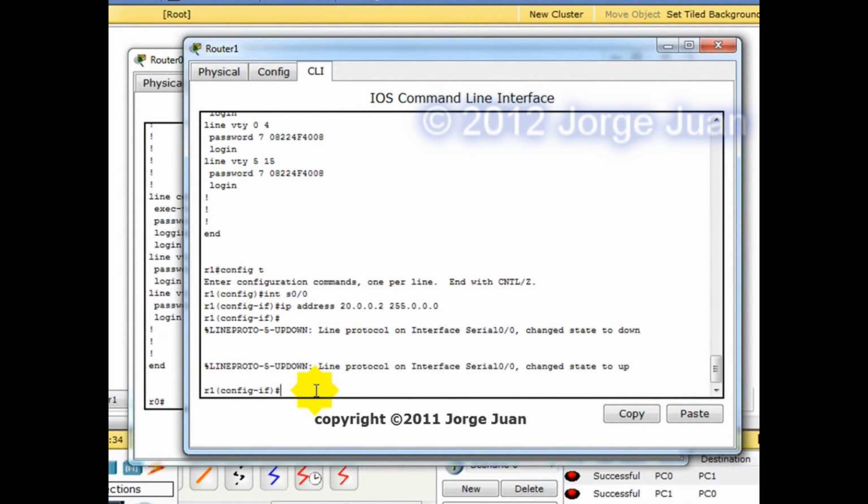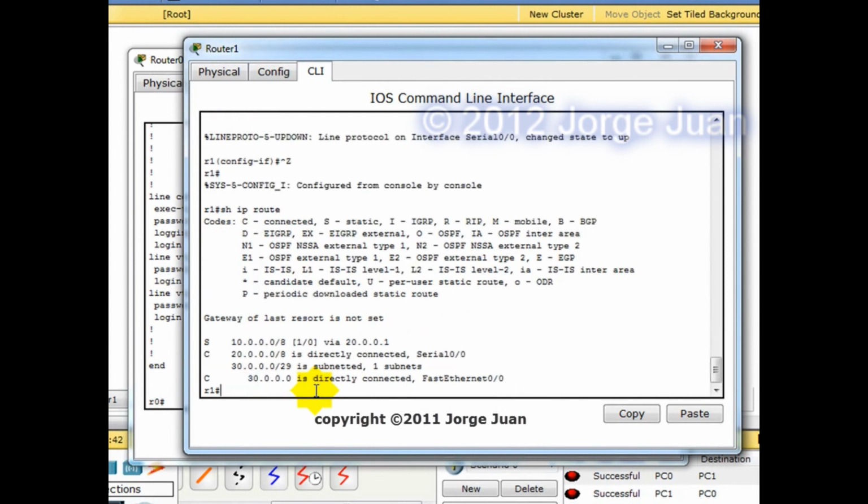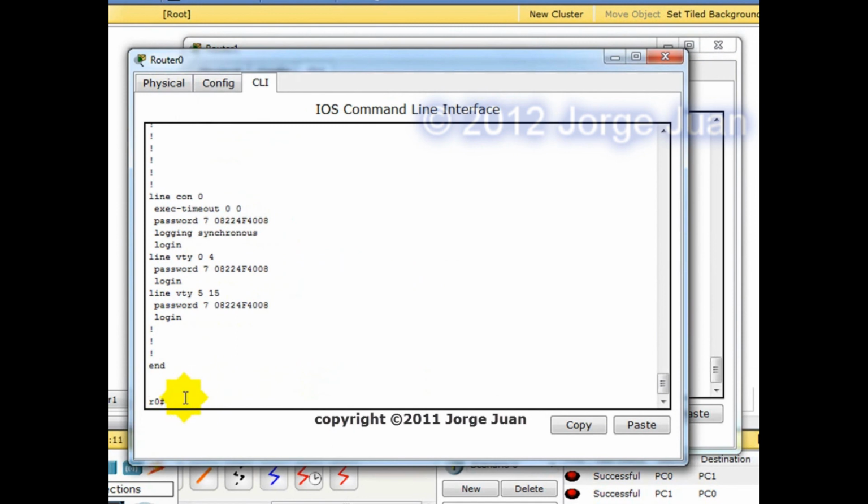Let me do a show IP route command, and we can see that S right here is for static route, and C is for connected. So this is router 1, by the way. We have a static route to the 10 dot network, and we are directly connected to the 20 dot and the 30 dot networks. If we go to router 0 and issue the same command,